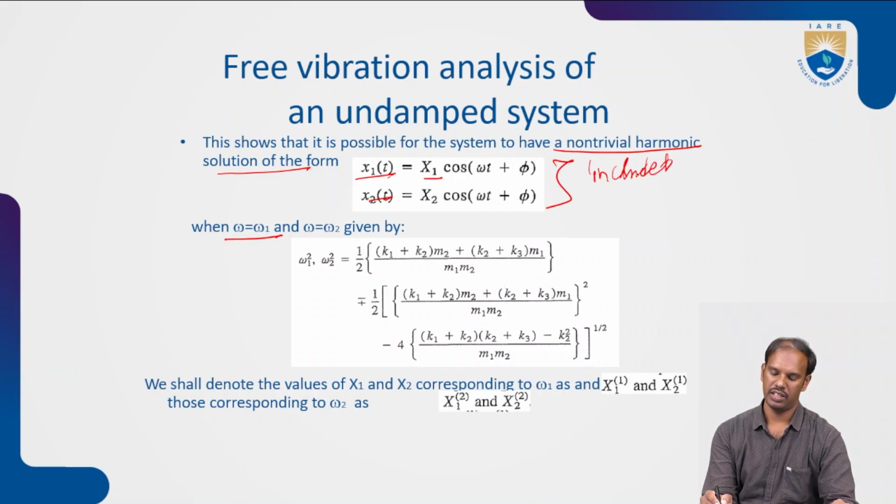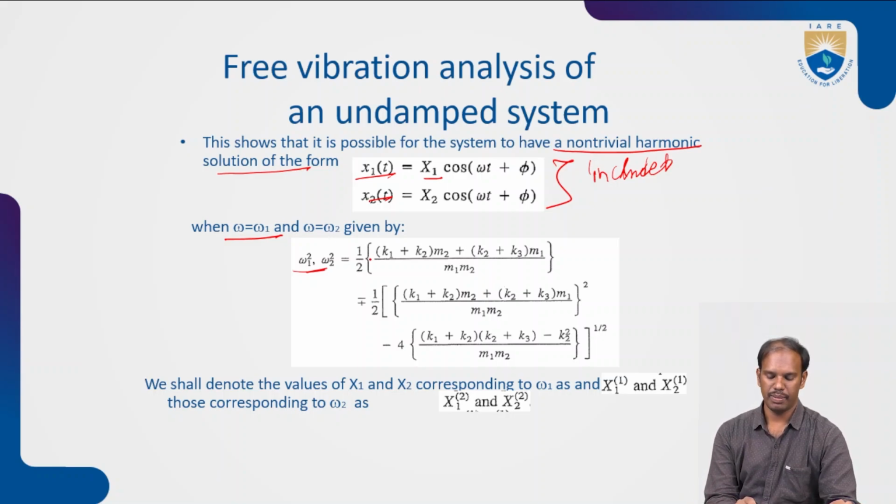Already included. So when omega equals omega 1 and omega equals omega 2 are given, the equation will be reduced. Once it is reduced, it will be easy to solve, for our understanding purposes only. So it will be solved as omega equals omega 1, omega 2 given by